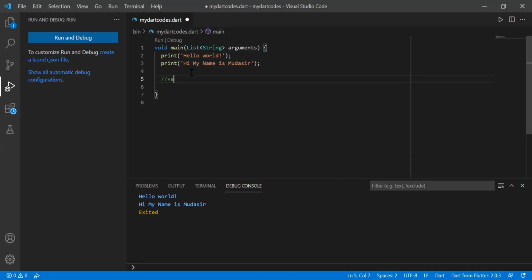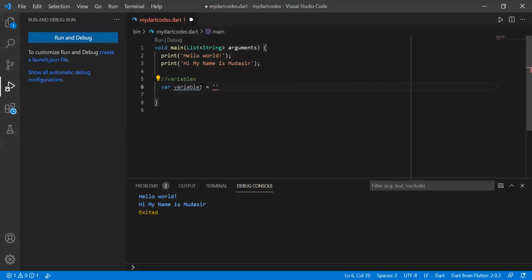When you want to store information in the computer, if I say var variable1 is equal to "hi, Mudassir is my name",